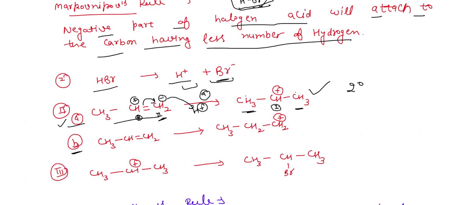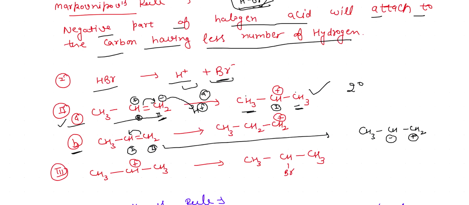In the second case, when the pi electrons are shifted from the second carbon to the first carbon, the first carbon will get a negative charge and the second carbon will get the positive charge. Again, the electrophile will come, and then it will attack on this negative carbon and it will form,